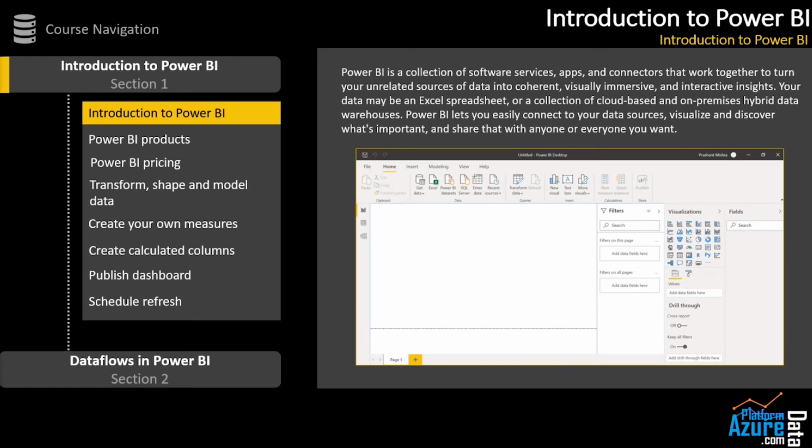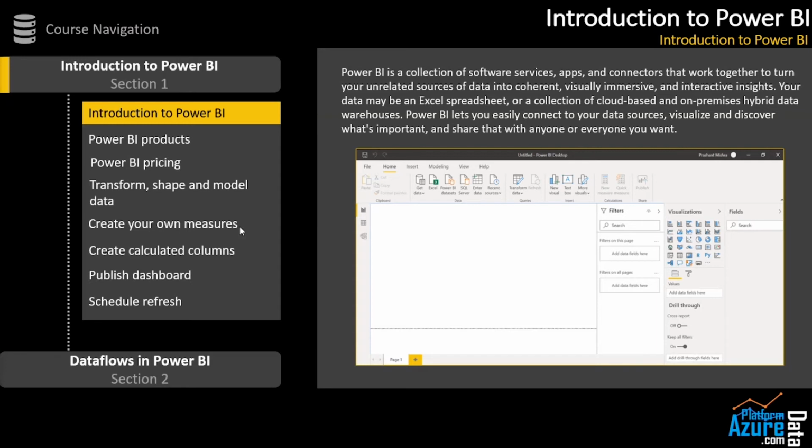because even if they want to make any change in the dashboard, they don't need to know any particular language to start working on that. They can just start making changes on the fly, right? So that's why this is a very powerful tool which allows you to bring the data, transform the data, and then create visualizations on top of that data. And not only that, after that, you can share it with your colleagues and friends also.